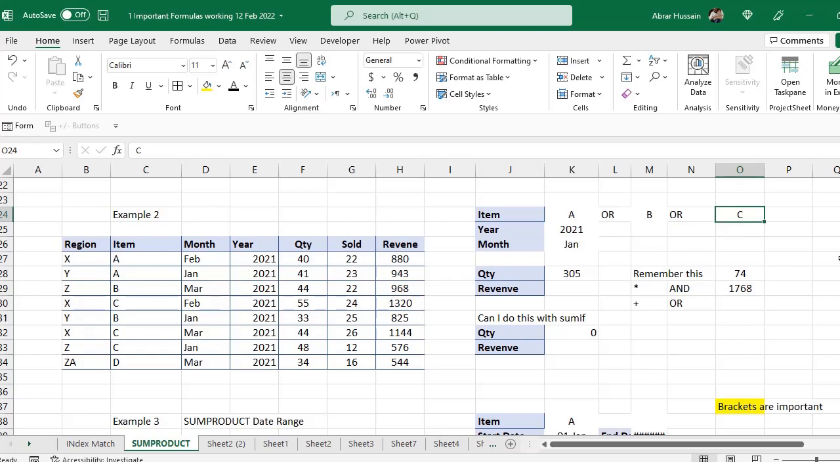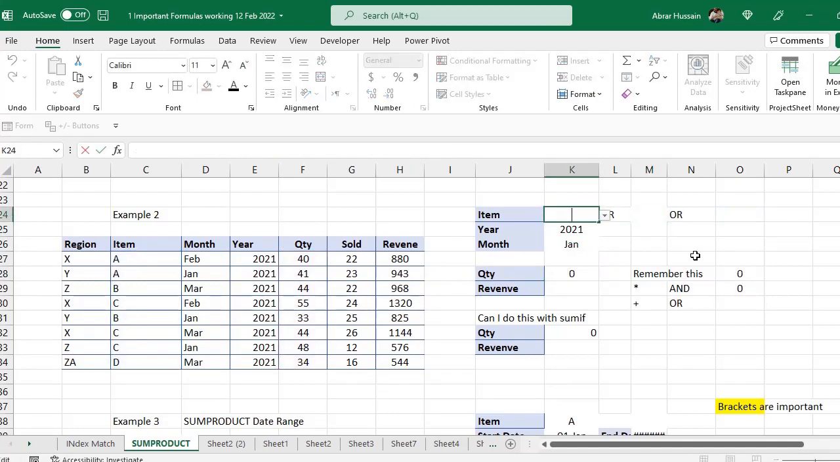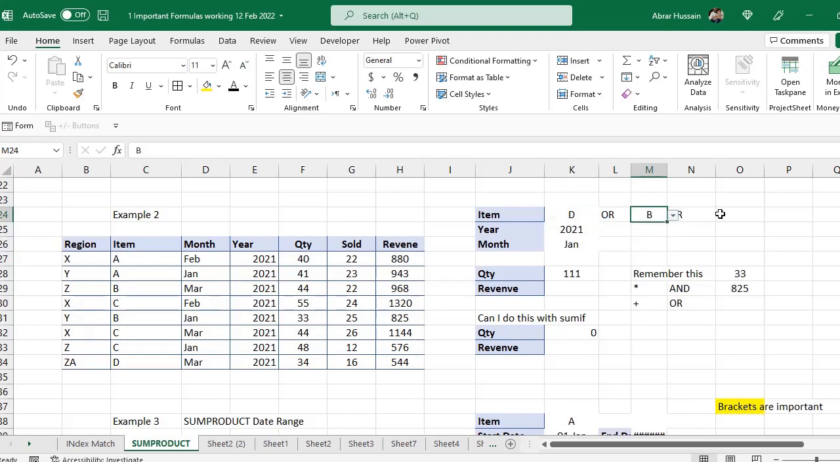Now if I remove C, it's only about A and B. If I deselect B, it's only about A. If I select this one, it's 0. Now if I select D here, it would give me the information about D. Here you can select multiple items also. So you can use this basically for a dynamic and much more enhanced dashboard where